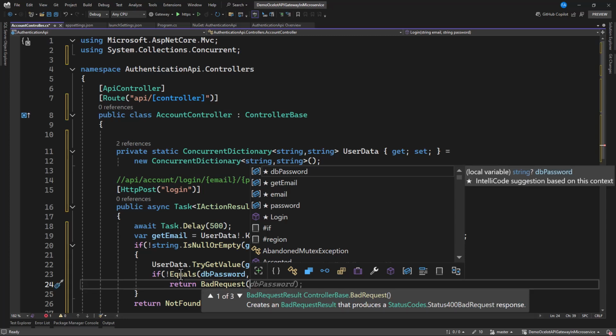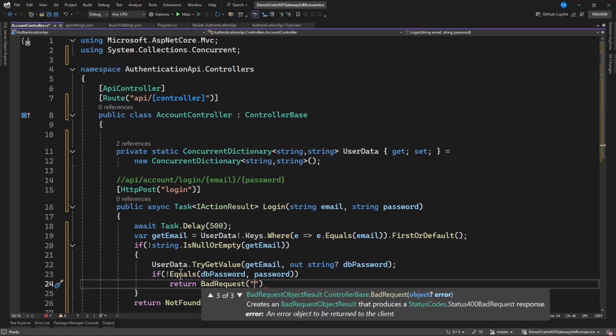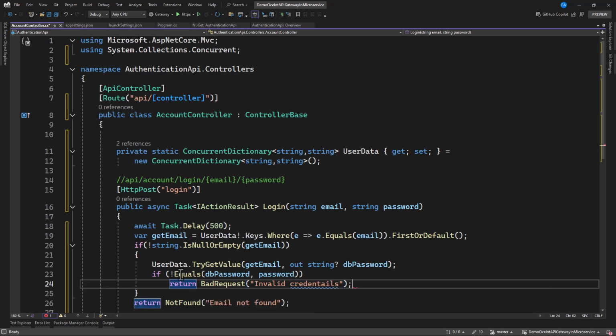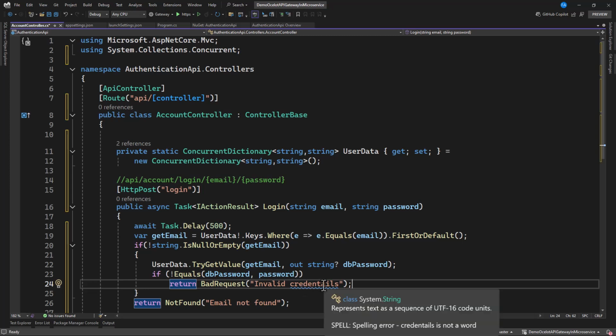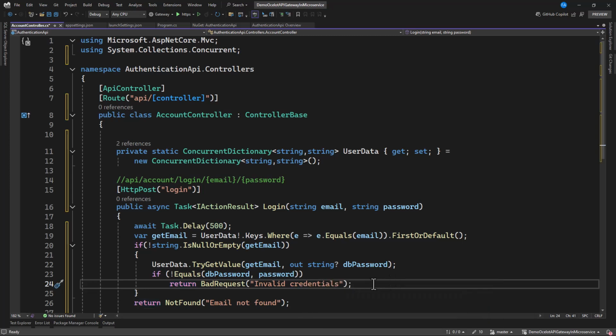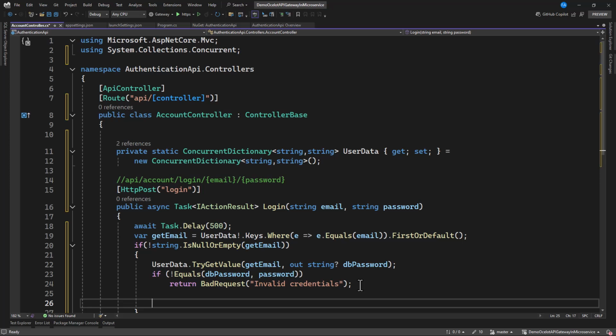So maybe we can say something like invalid credentials. We can pass something like that. But in case it is valid, then what are we going to do? We want to have a method, a JWT token, and this method is going to generate it.